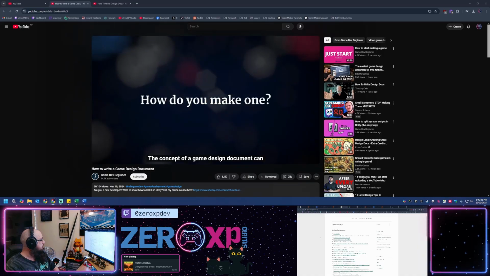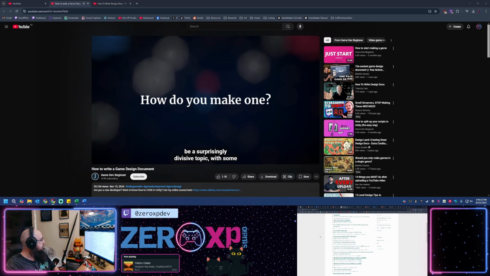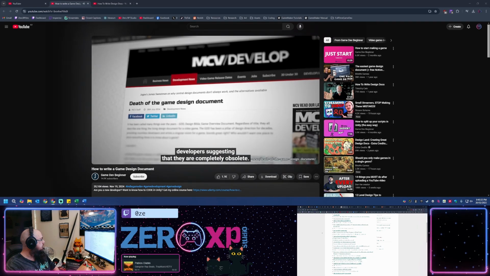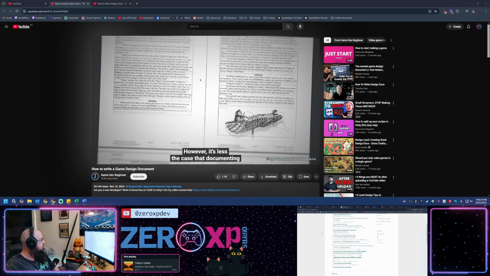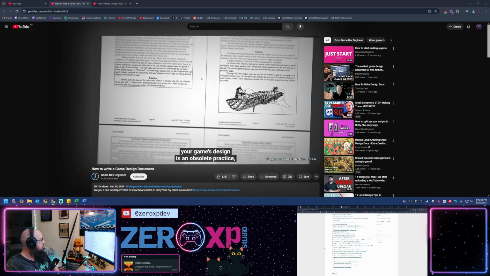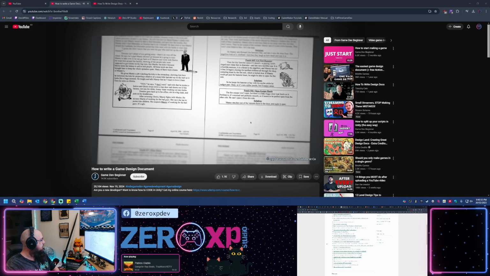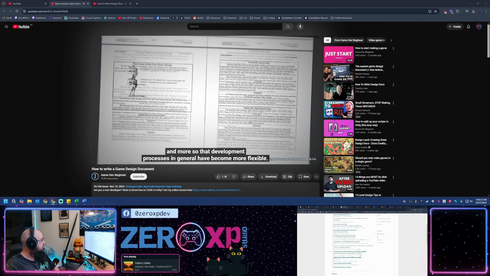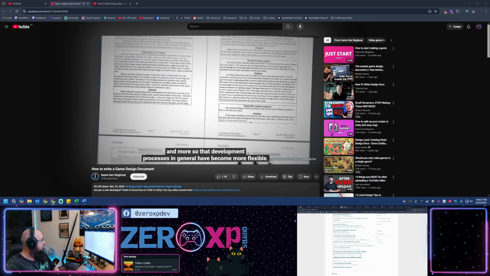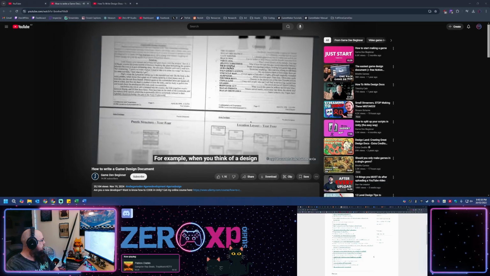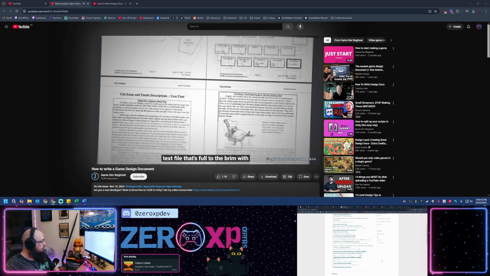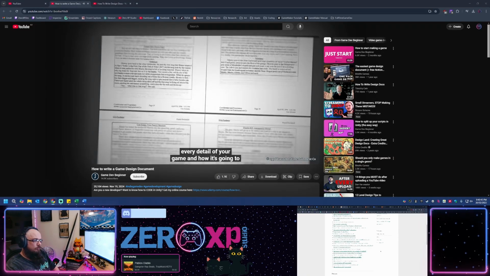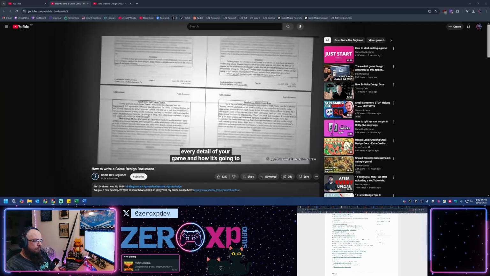The concept of a game design document can be a surprisingly divisive topic, with some developers suggesting that they are completely obsolete. However, it's less the case that documenting your game's design is an obsolete practice, and more so that development processes in general have become more flexible. For example, when you think of a design document, then traditionally you might picture a large text file that's full to the brim with every detail of your game and how it's going to work.